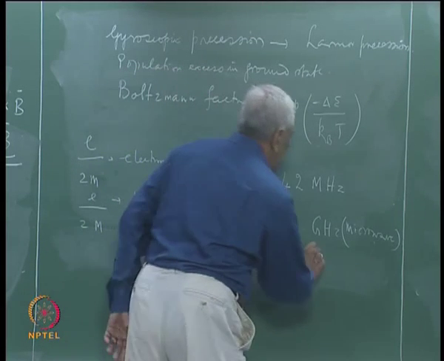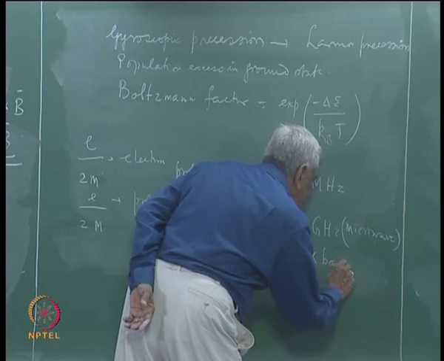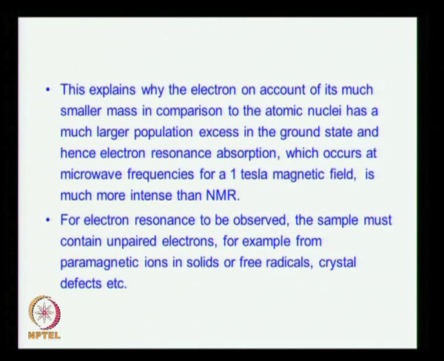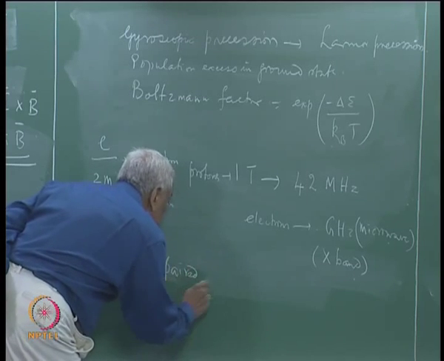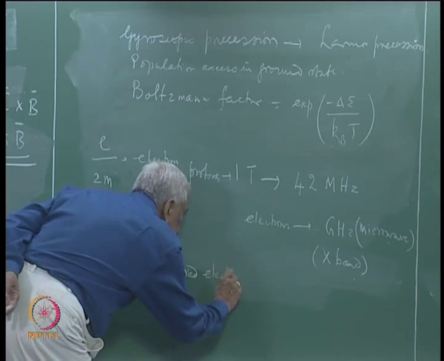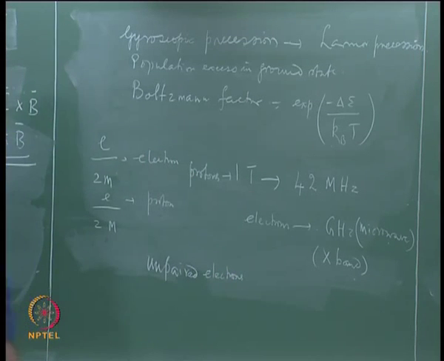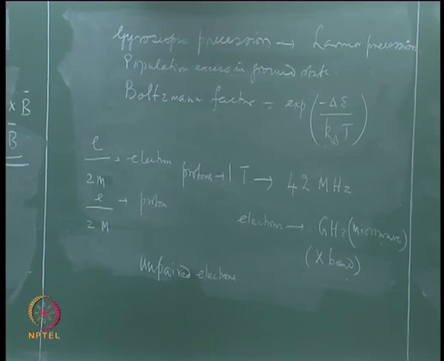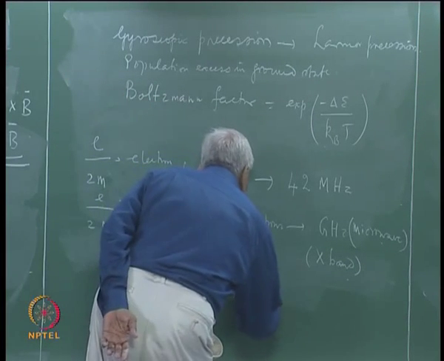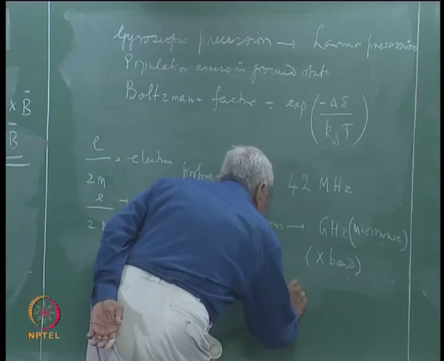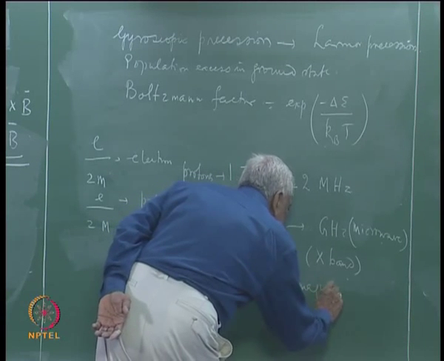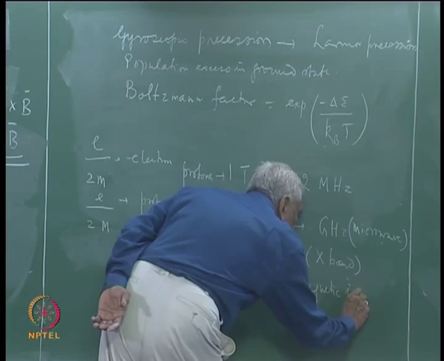Usually in the X band. So, for electron resonance to be observed, the sample again should have unpaired electrons carrying a net angular momentum. We already discussed this situation in connection with electron magnetism. So, for example, paramagnetic ions, or free radicals and so on,